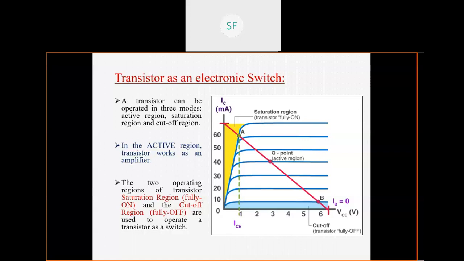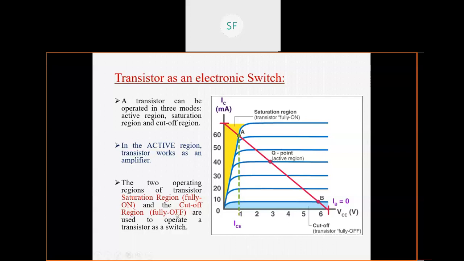Again, we have seen that in order to achieve faithful amplification, biasing is required. So we have seen the most widely used biasing circuit, called the potential divider biasing circuit. Until this point, all the discussion was about the application of transistor as an amplifier. Now in this topic, we are moving away from the active region. Now we will use transistor as an electronic switch. अभी यहाँ पे application आपका as a switch रहेगा, not as an amplifier.